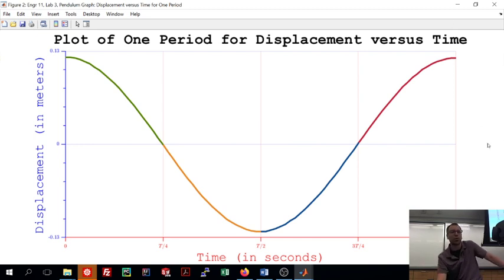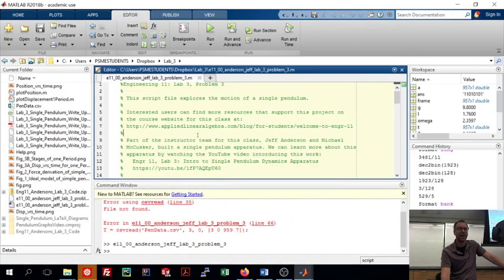This is another one, which I'll show you in a second. So this thing right here is one period of the pendulum. So the pendulum goes from the most right position down to the most left position, through equilibrium, up to the most right position. All right, so in MATLAB,